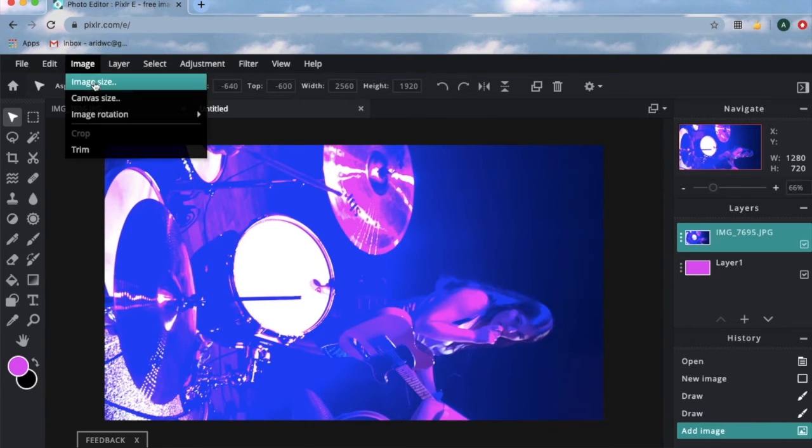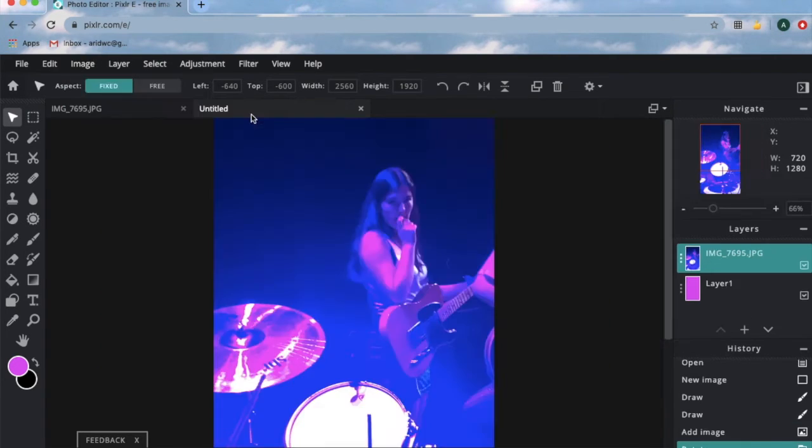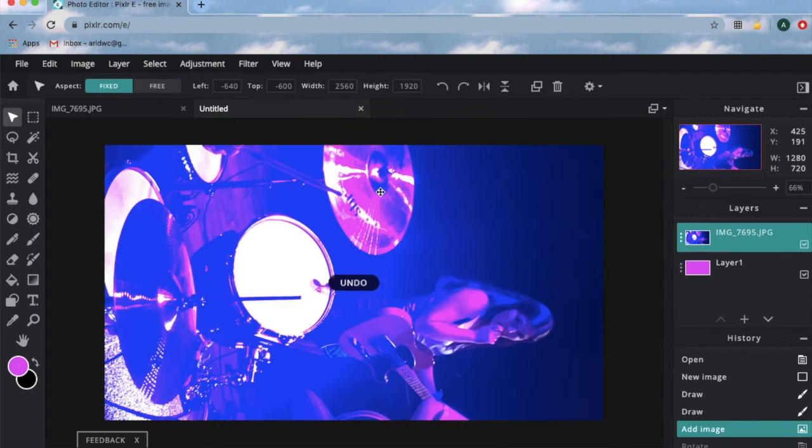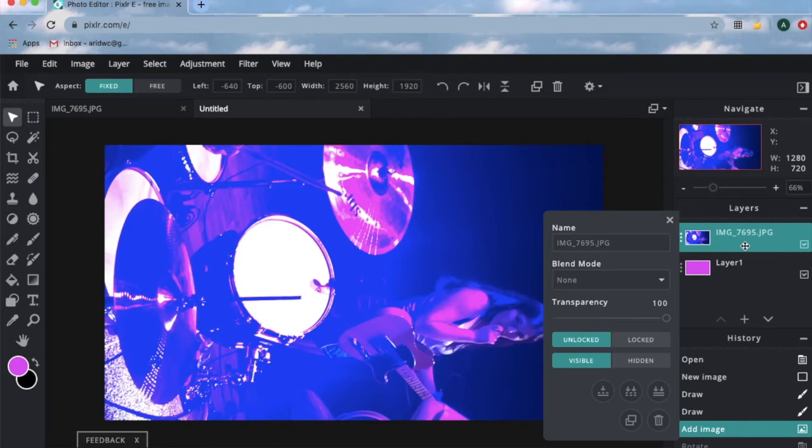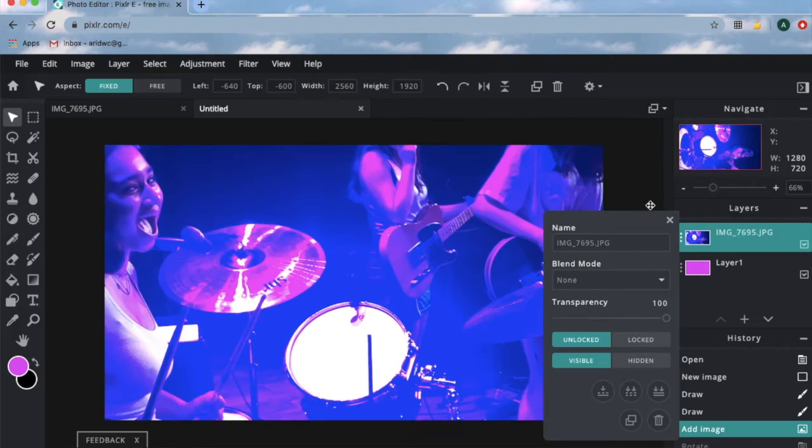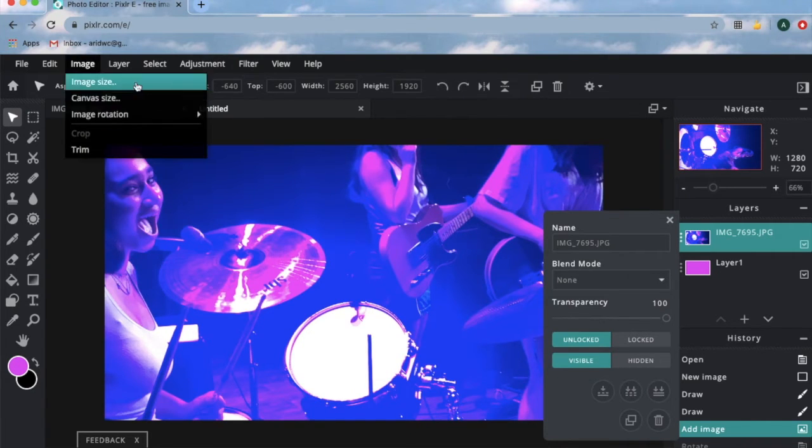On Pixlr, it can be a little tricky in terms of how the image uploads. So as you can see, it is sideways and it is way too big. And so, don't actually go to image and select that. Instead, I would just click on the image on your little layer bar. And then you can use the top little bar and rotate left,